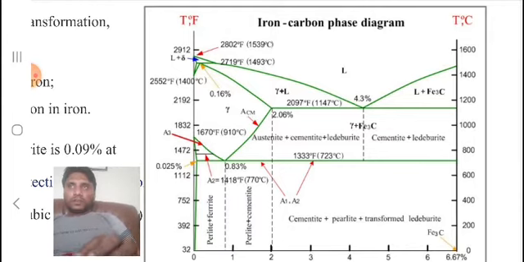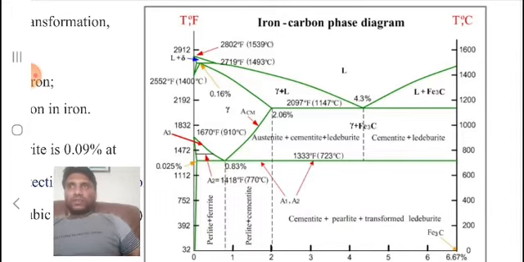So now liquid means liquid solution of carbon in iron. Delta ferrite is nothing but a solid solution of carbon in iron at elevated temperatures. The maximum concentration of carbon in delta ferrite is 0.01% at 1493 degrees centigrade, or it can be approximately 0.1%. So this we have discussed, and in this video you can clearly see the phases present in each and every